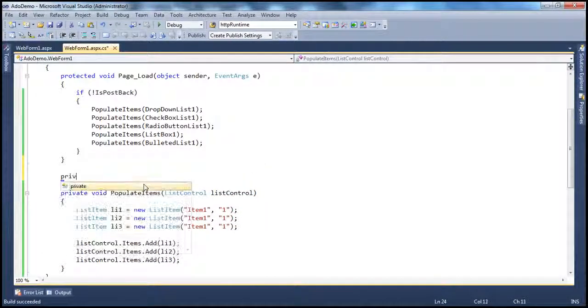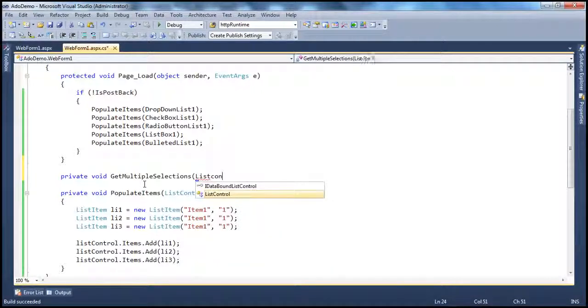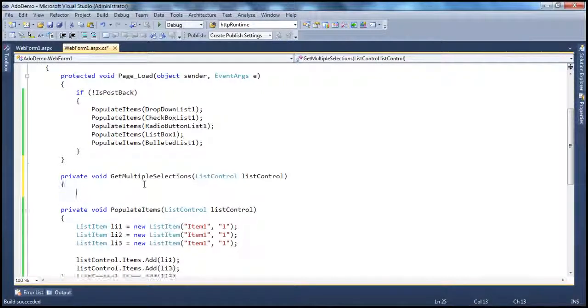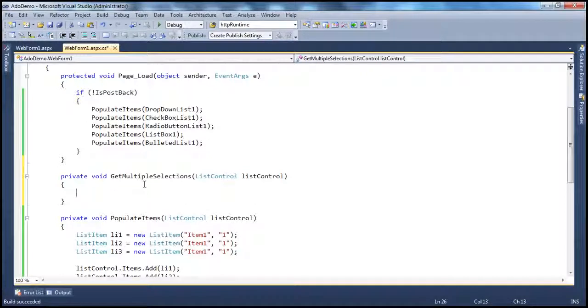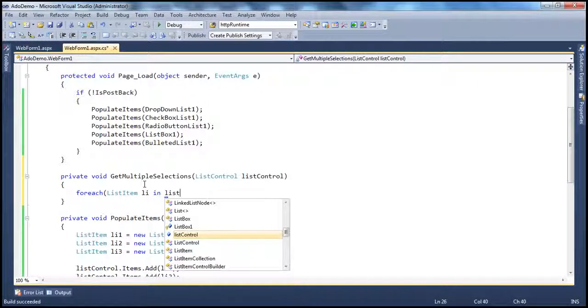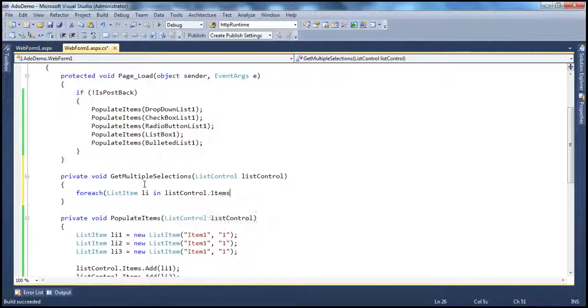So let's say private void, and I want to get multiple selections, and obviously we are going to pass in a list control. So if it's a list control that supports multiple selections, then we have to use a for each loop to loop through each list item. So for each list item, li in list control dot items,